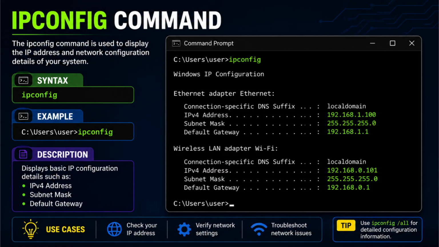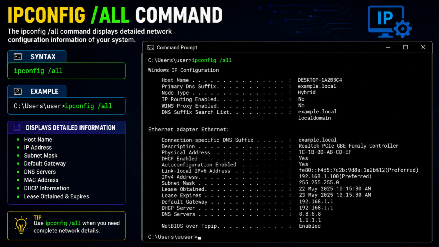The ipconfig command is used to display the IP configuration of your system. It shows IP address, subnet mask, default gateway. This command helps us check whether the system received a proper IP address or not. Next,